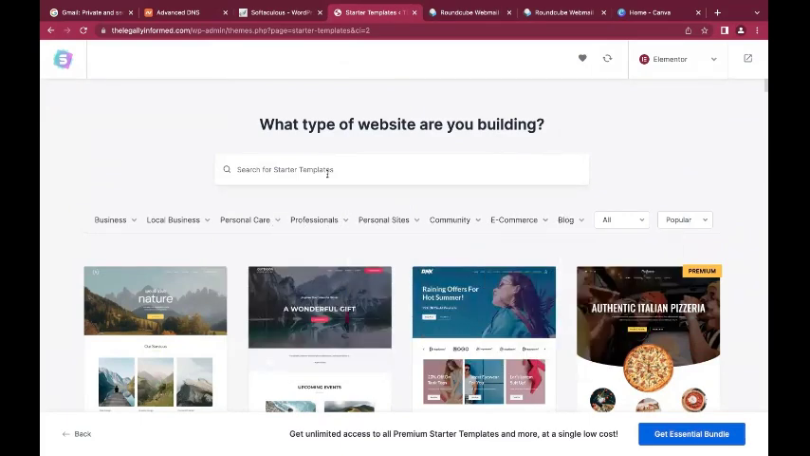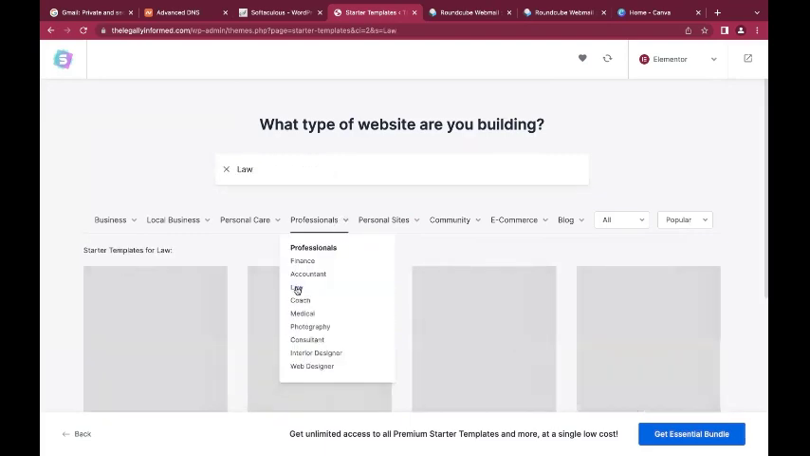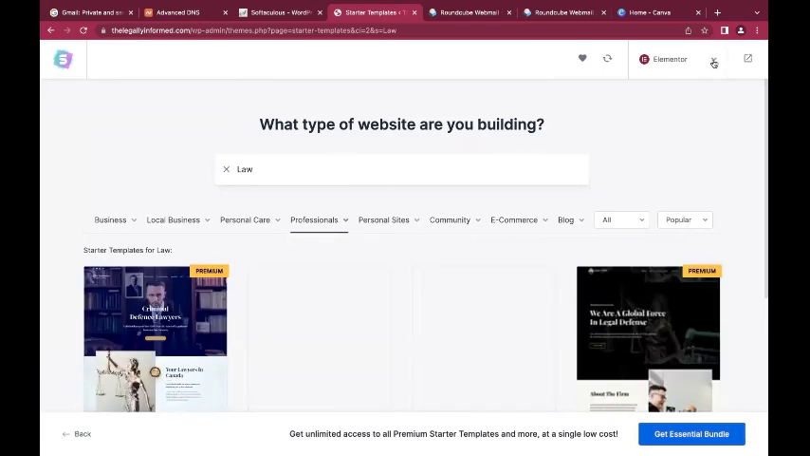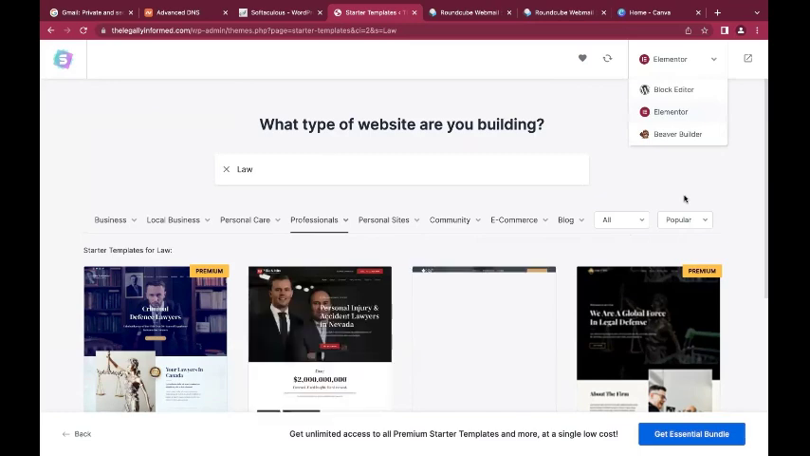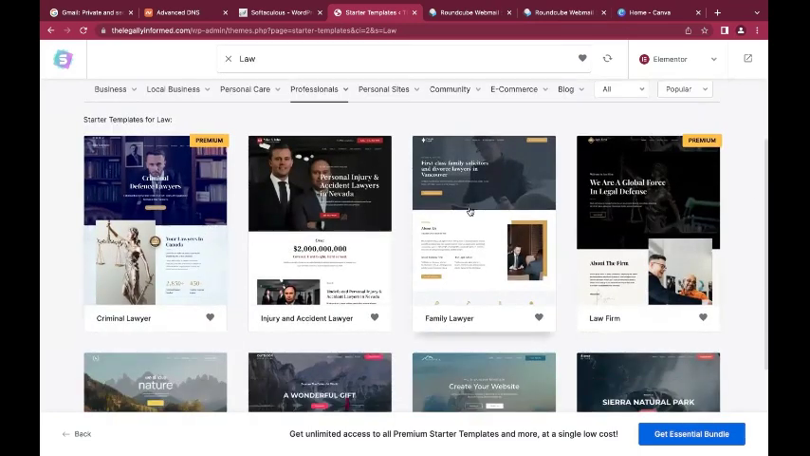So I can either search for law because the legally informed page, or I can go to professionals and I can find law. So you can choose what you want. You can also change the builder you want from here. The builder you choose determines the templates that are available to you. So if you look at it, we have premium, we have